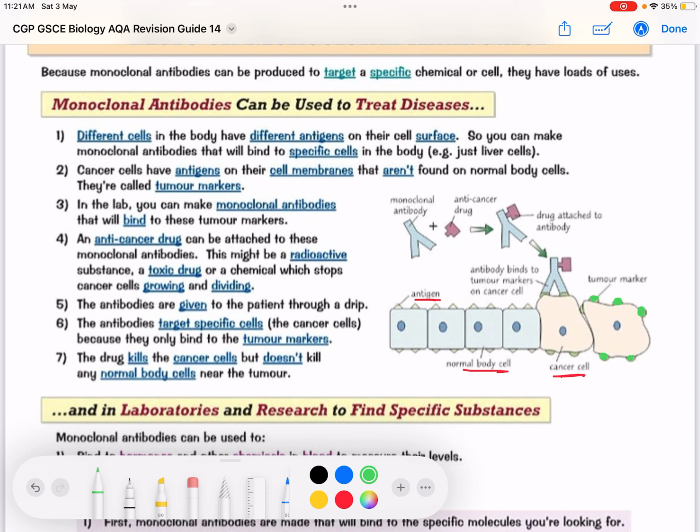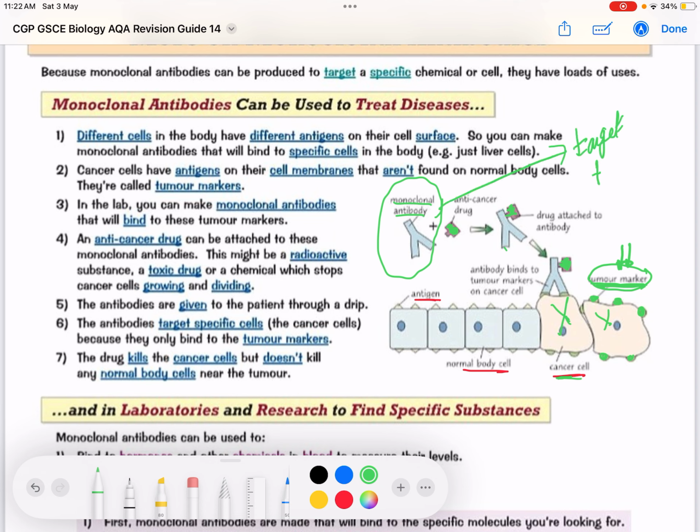The antigens present on the cancer cells are called tumor markers. So if we're able to design a monoclonal antibody that's specific and complementary to the tumor marker, these monoclonal antibodies must bind specifically to the tumor marker and hence the cancer cells. What if we're able as well to attach the anti-cancer drug to these antibodies? Then these antibodies are used to deliver this medication specifically onto the cancer cell, and so can damage or kill the cancer cells without affecting any of the normal body cells. So it's great to use the monoclonal antibodies here as a